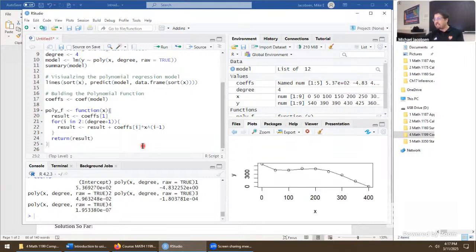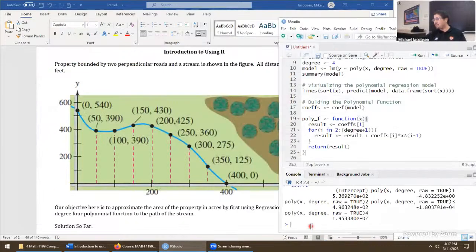But before we get to that, a problem like this should always involve a sanity check first and foremost. So let's do the sanity check first. Then we'll integrate inside here and see if we're in the right ballpark of what our expectations even would be. So this is the sanity check. We were going to do nothing special and just tell people, here's the approximate area of this property. We might have visualized it like this.